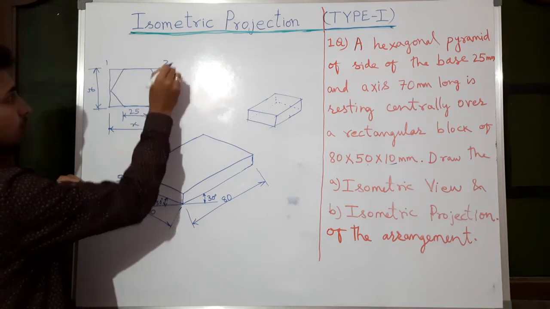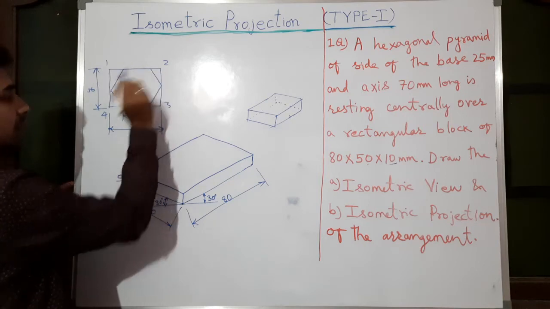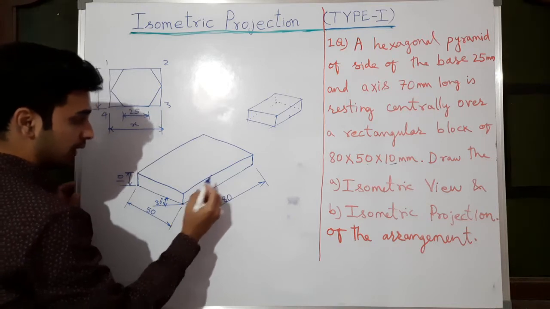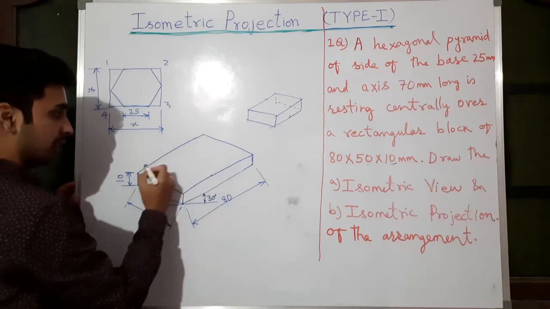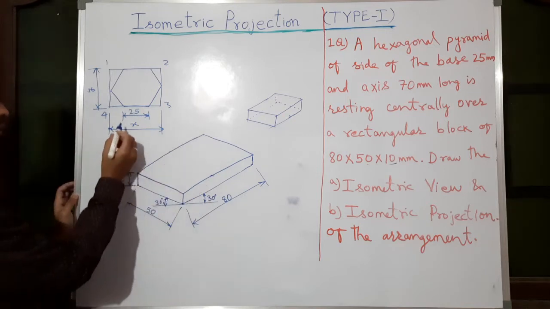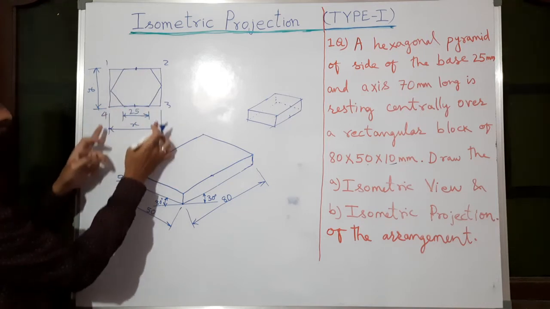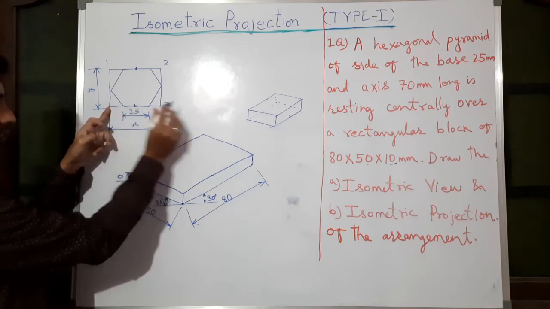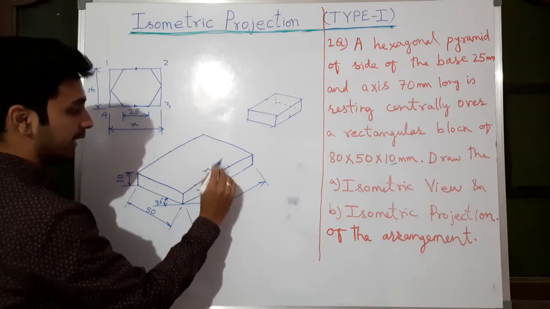So assume this is 1, 2, 3, 4. Now listen carefully. The 1 and 2 length we have measured. This is 80. Now you take the midpoint. The midpoint of this length is this midpoint, and midpoint of this one is somewhere here. Okay, two midpoints we have taken. What is the length here? x millimeter. So half of that x millimeter you transfer from this midpoint like this. Got it? Now this is your x distance.